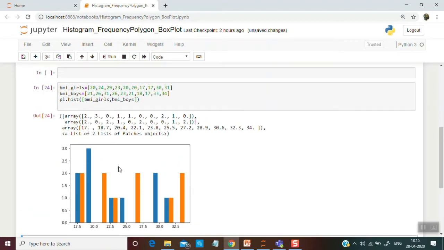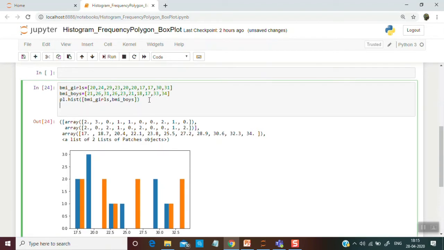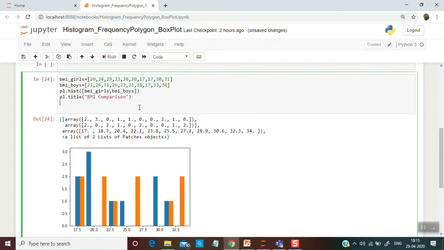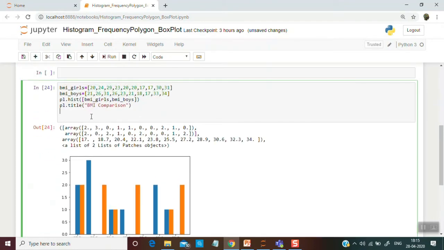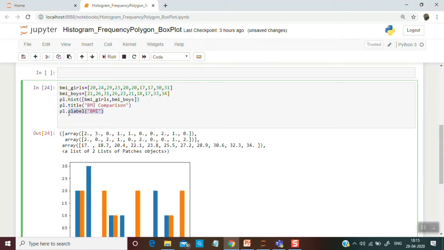Now if you want to give a title to this, so you can always give with the function pl.title BMI comparison. You can also give x and y to it, so pl.xlabel within bracket the BMI, and pl.ylabel the number of students.